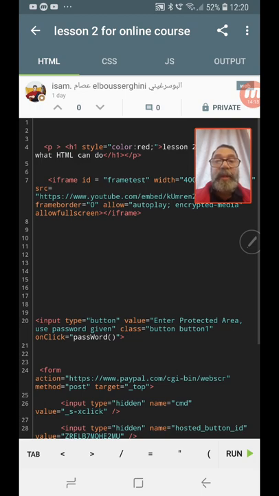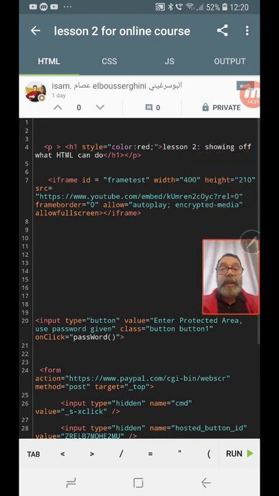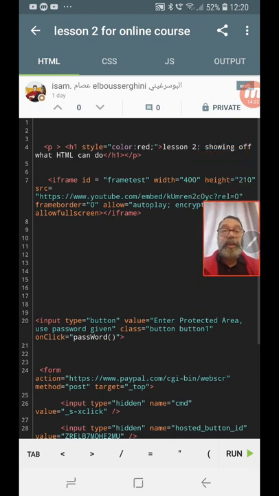Don't worry if it's a little bit confusing. It's normal to be confused in the beginning. But with these lessons, you're going to get a very, very good idea on how to make web pages. And next time, we're going to do a little bit more JavaScript because it's the most important, the most involved language of the three, of HTML, CSS, and JavaScript. JavaScript is the most involved. And we're going to do a few more lessons on it